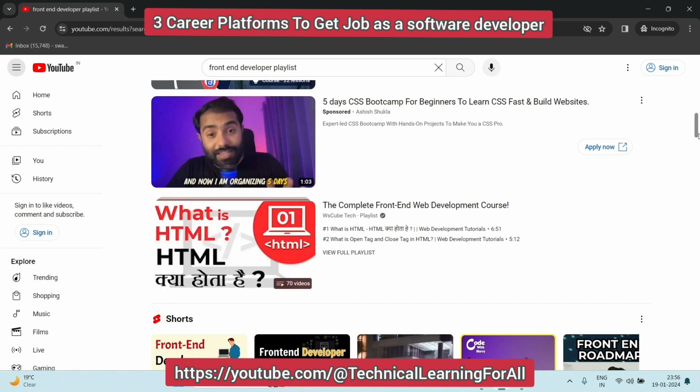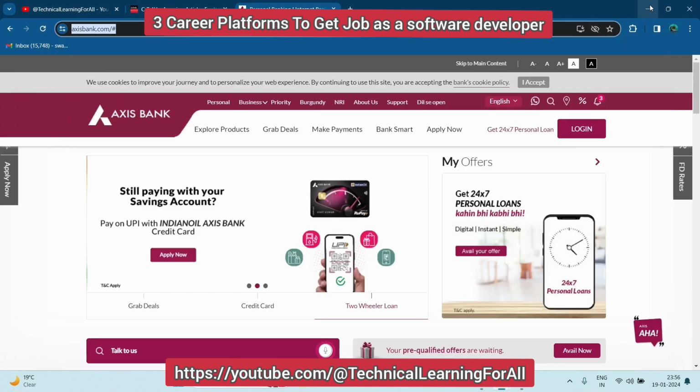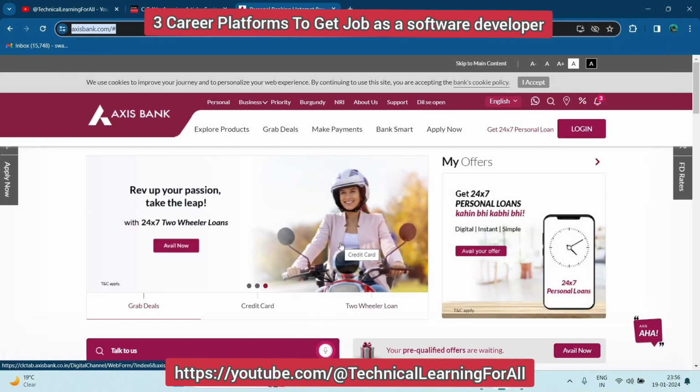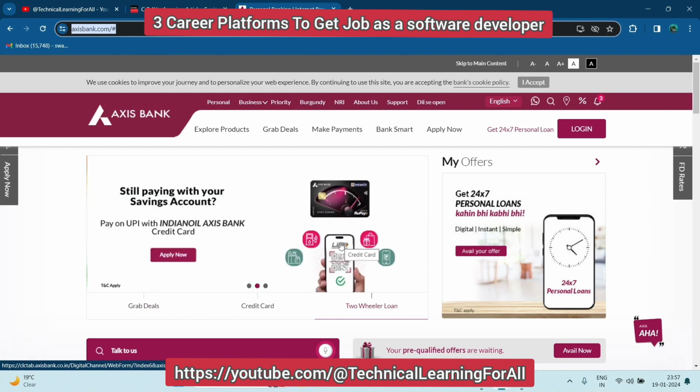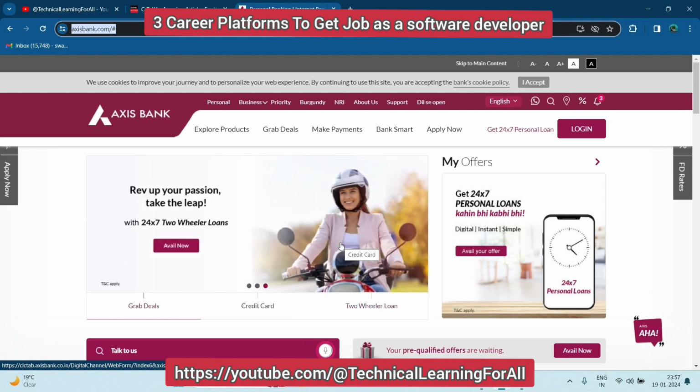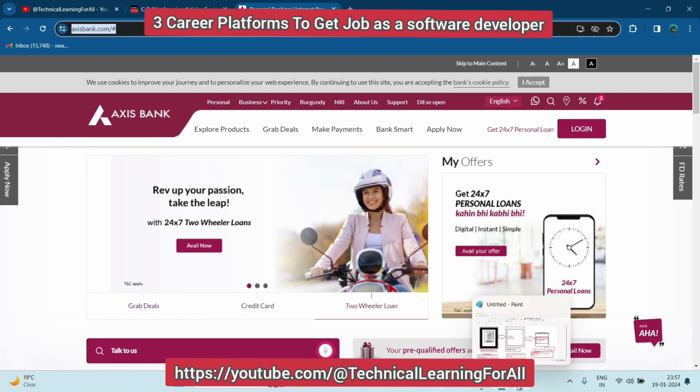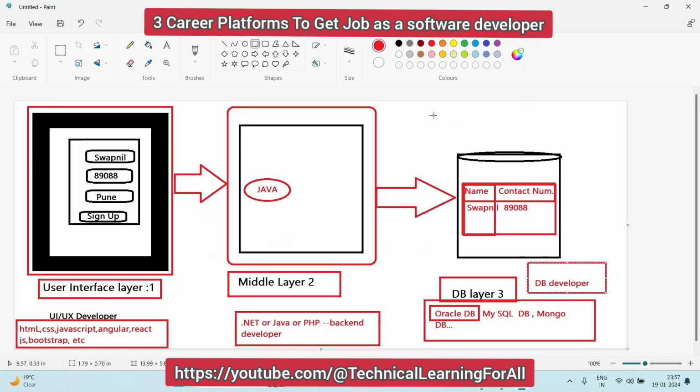So guys, you have to search, you have to put some effort in searching. Nobody is going to teach you all these things. You have to learn on your own, even if you join the IT industry tomorrow. Once you join the IT industry, you have to learn on your own as per requirement, and then only you can work. So this is one thing. Don't go for the easy way, put some effort into learning. Once you learn, you will get a lot of jobs.